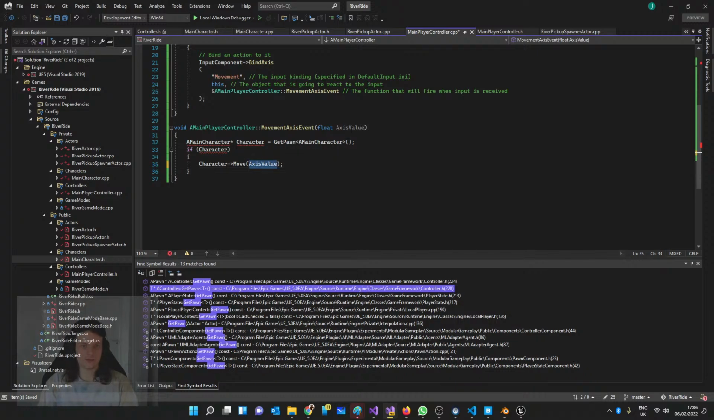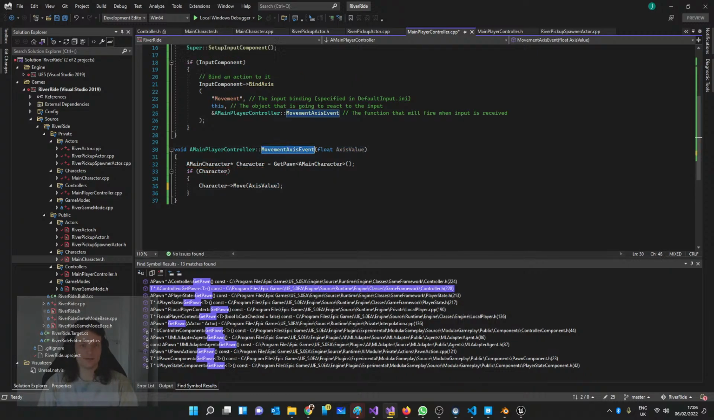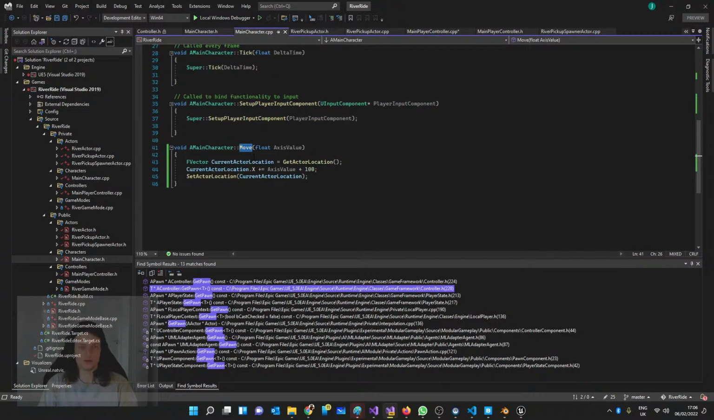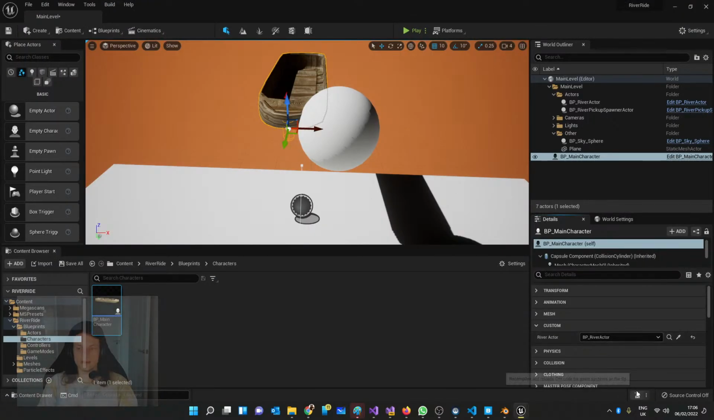The axis value comes from the movement axis event that we've bound to here. It gives you that -1 or +1, whatever you typed into that properties section, and we're going to pass that command down into our character, and our character, if we press F12, will do this shifting of the location. If we go and hit the compile button,